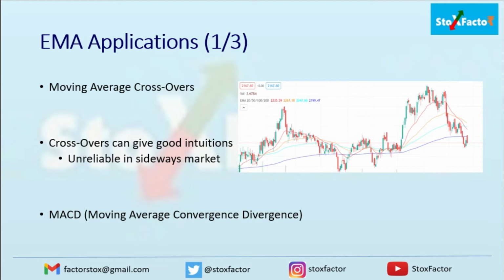And similarly, you must have also heard about the technical indicator MACD, which is moving average convergence divergence. Basically in this indicator, one short-term and one medium-term moving average is taken and the difference between the two is calculated, and then a signal line is plotted, and we see the oscillations between those two lines. So basically it is an oscillator indicator. In this way, people perform their analysis based on moving average combinations.